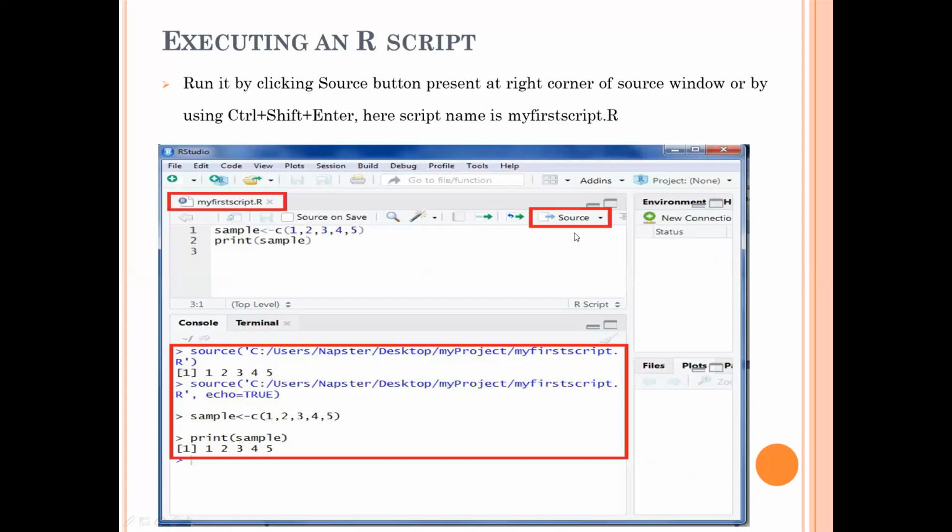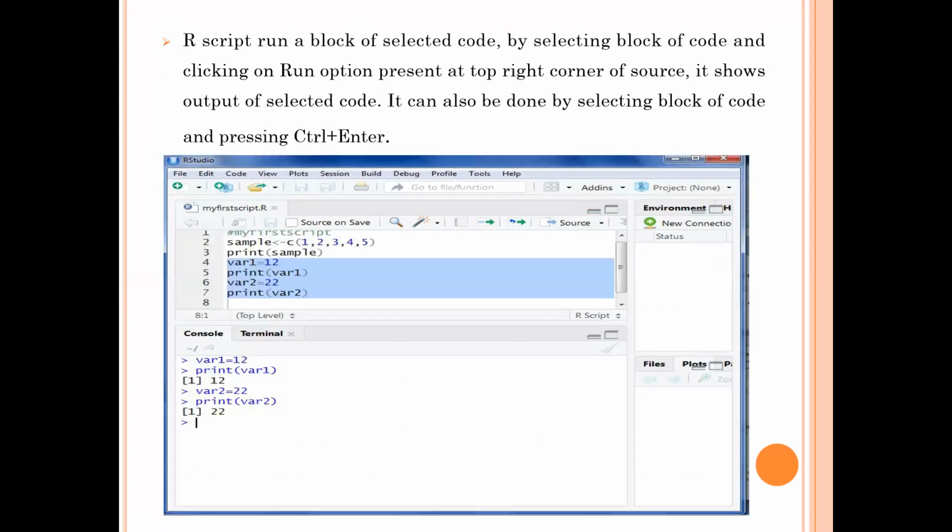If you want to see the source of that file, you can do this by clicking the Source button, or you can use Control Shift Enter to run the source file. Or by Control Enter you can execute a line, or by simply clicking the Run button you can run the script.